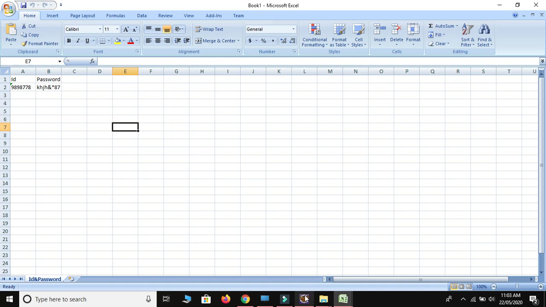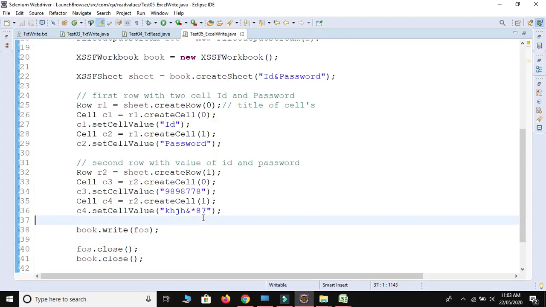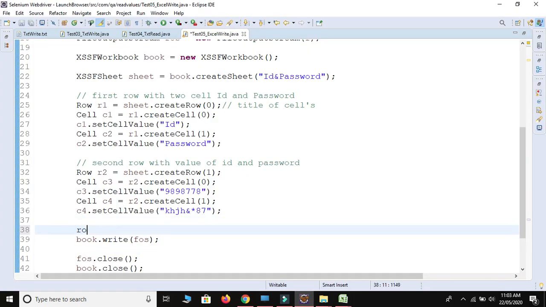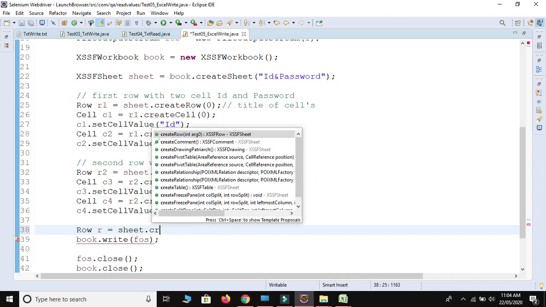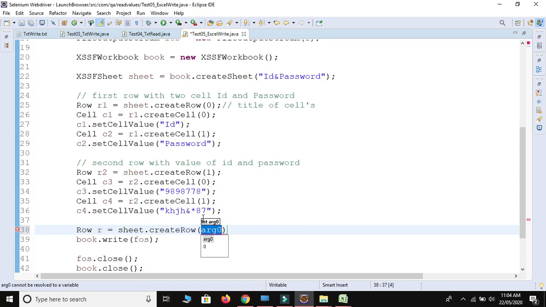So I will create one row. Row r is equal to sheet dot create row at index number 6.